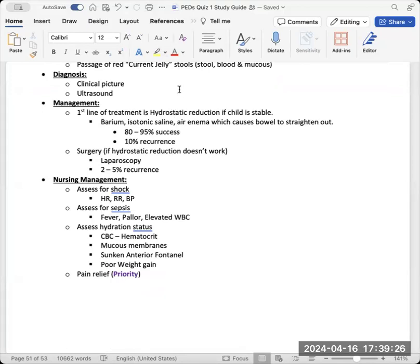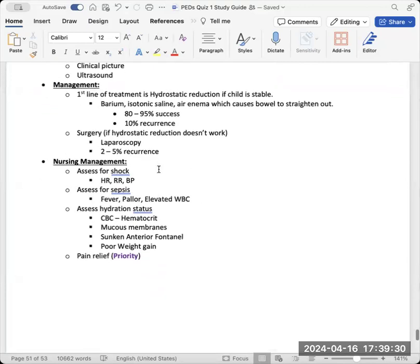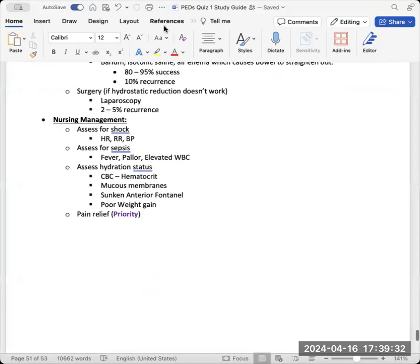Remember, it's like folded all over each other. Surgery, if it doesn't work, which we call a laparoscopy. Nursing management,